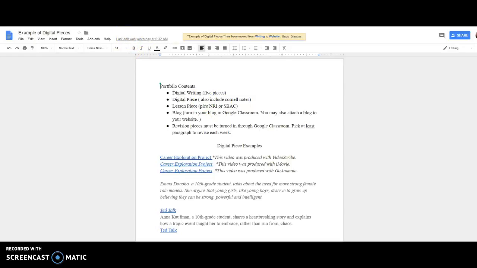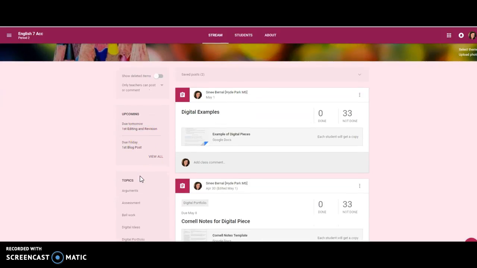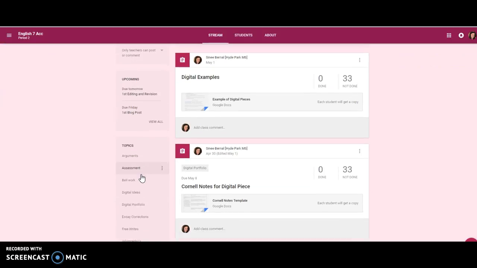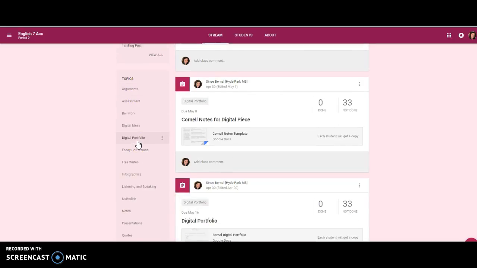Another thing that I want to point out, that I don't know if some of you are aware of, is that on Google Classroom, there are due dates on the left-hand corner. So for example, due tomorrow is the revision, and the blog post is due on Friday. So please keep an eye on that. Also, some of your essays might be under particular topics like argumentative. So if you want to look at that,